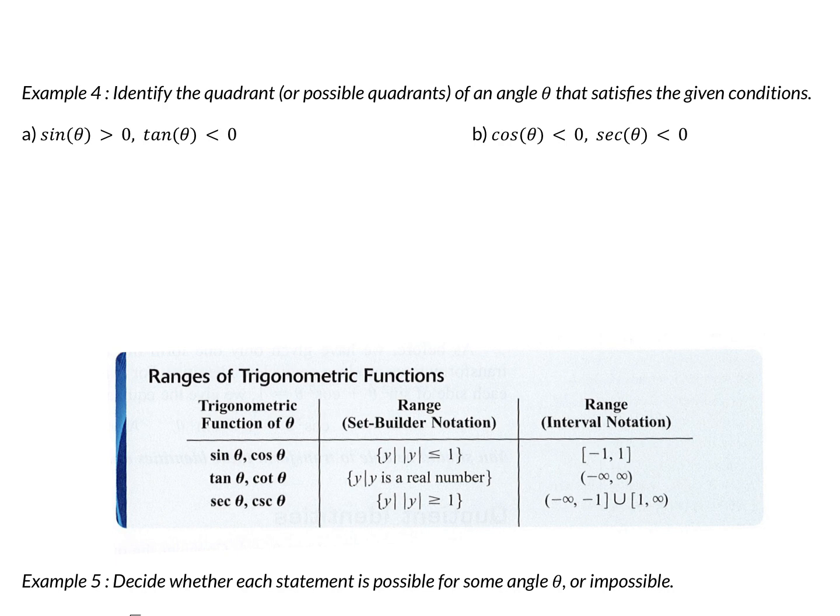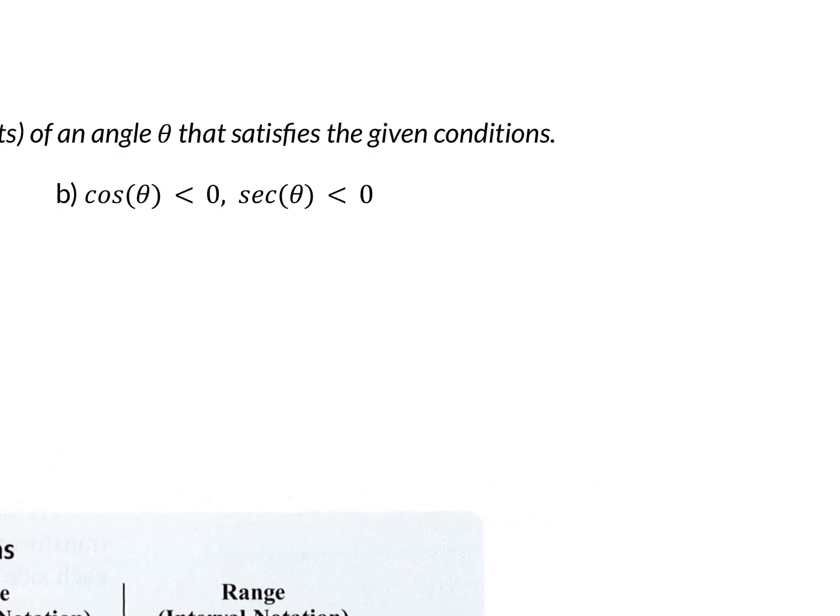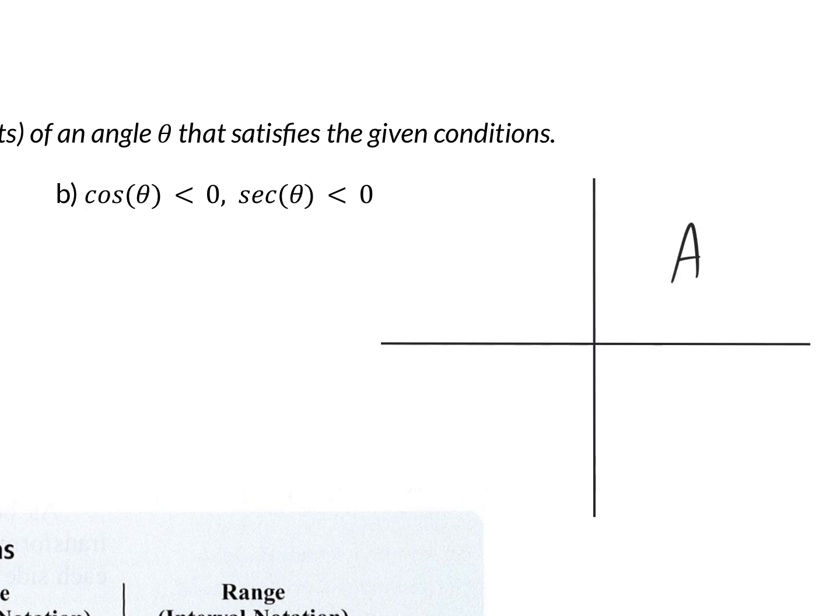Okay, next thing we are doing is we are going to identify what quadrant the angle is in, satisfying these conditions that we're given. So I want to know, when is the sine going to be positive, greater than 0, and when is tangent going to be less than 0. So there's a nice little acronym that you can use to help you figure this out. And you can come up with your own if you'd like, as long as it's school appropriate, or just don't tell me. Okay? And that acronym is